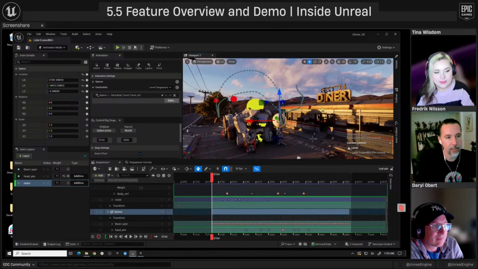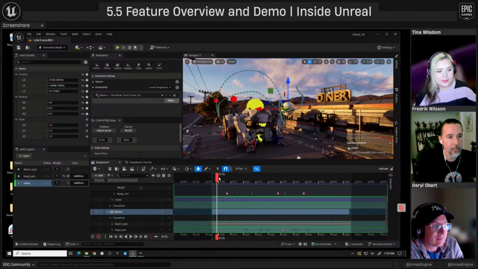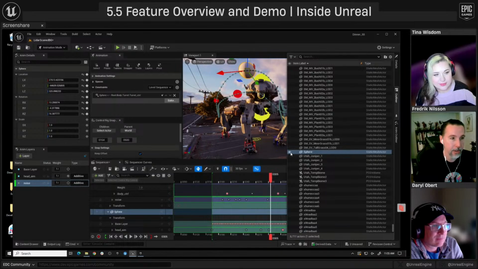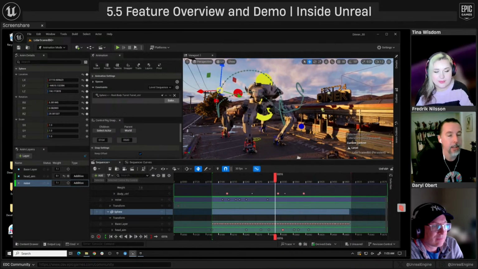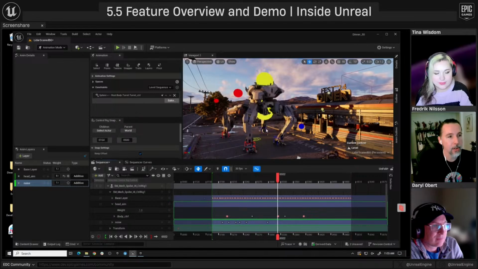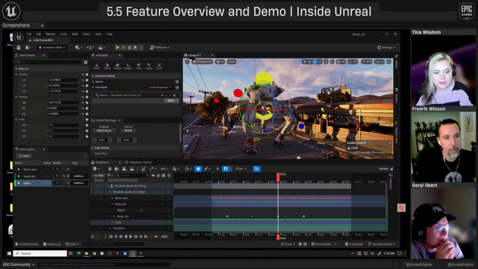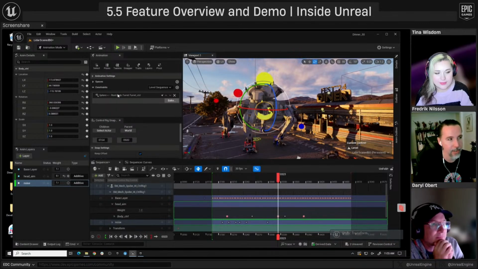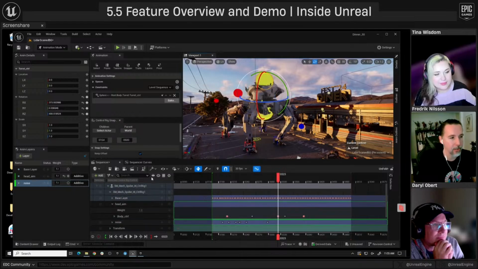So now this sphere is no longer driving the aim, but the results of what it was doing are still in there. So now I can get rid of this sphere if I want. I don't need it anymore because it's not doing anything. It's not hooked up to anything. So now it is no longer aimed. And now you'll see when I rotate the body, it rotates with the head again because I basically just deleted that constraint. Well, I didn't delete it. I just baked it. So it just put the results into the head control.